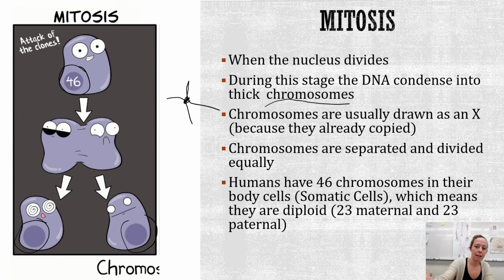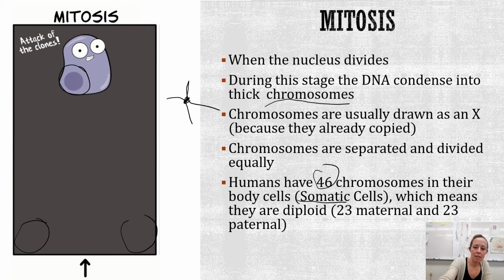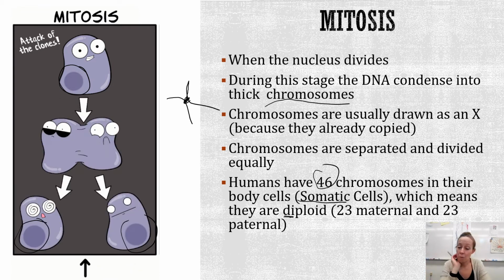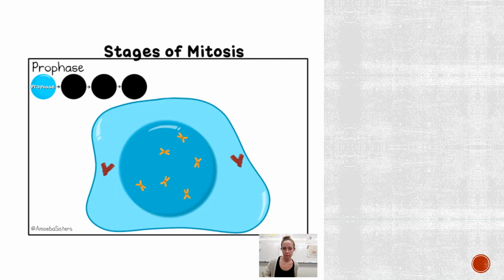And in human cells, we have 46 chromosomes. These are our body cells or our somatic cells, right? It means they're diploid. We have half from mom and half from dad. You've got 23 chromosomes from your mom and 23 from your dad, which makes 46, and that means it's a diploid cell, okay? So here are our stages of mitosis,